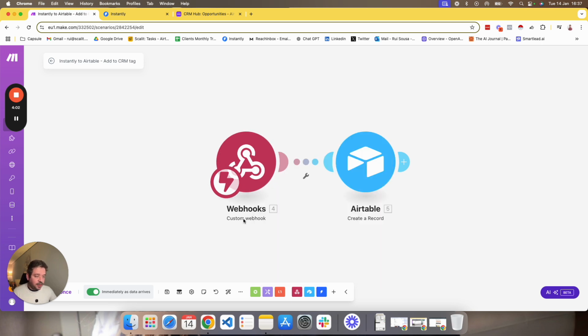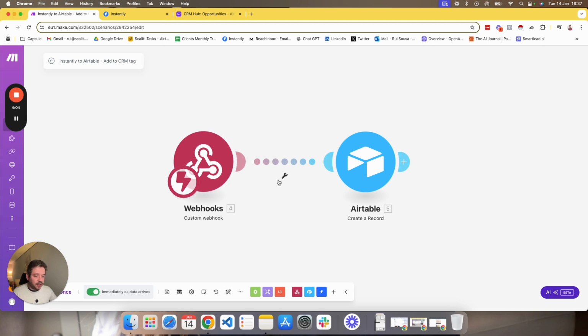So most of the time, as I said, we use custom webhooks. Okay, so how does this work? I'll keep it short and sweet. So basically, what I want to do in this example is that every time I change the status of an